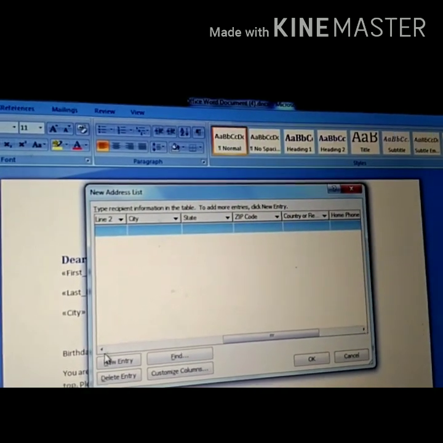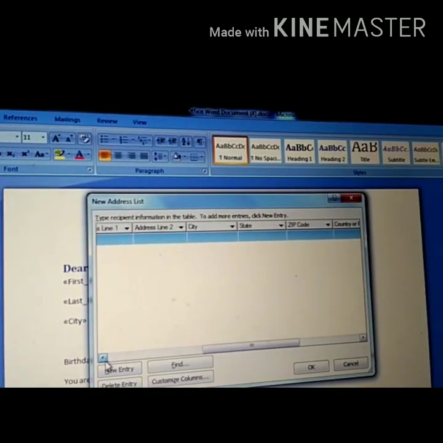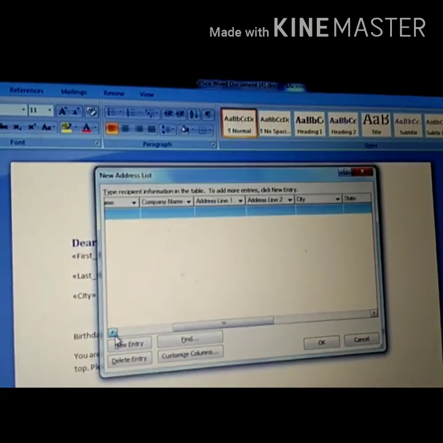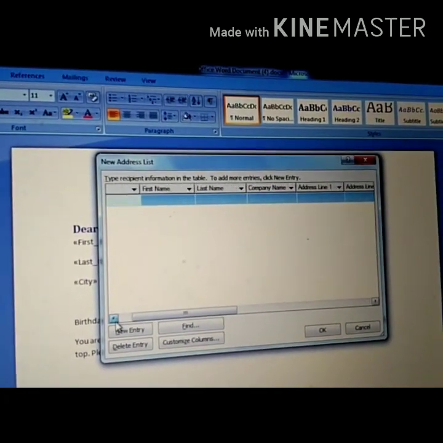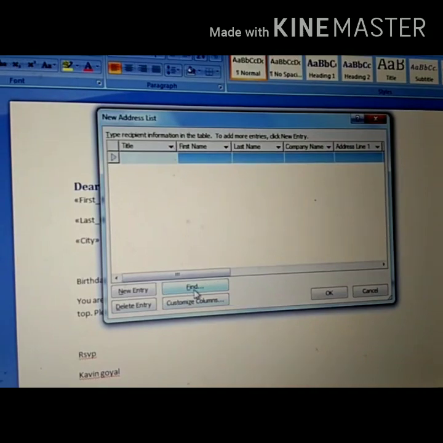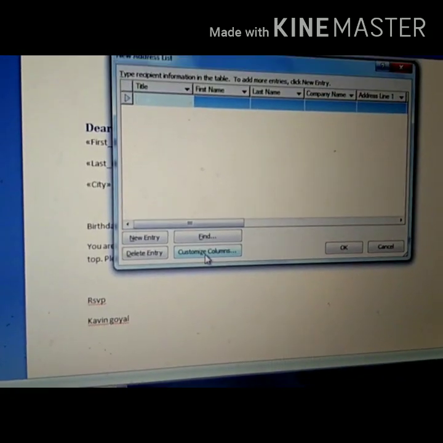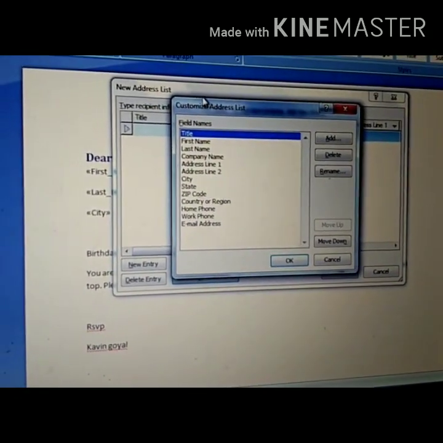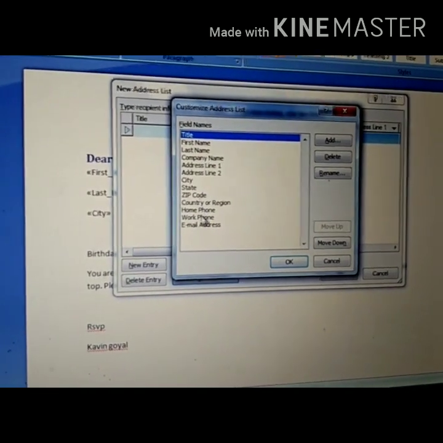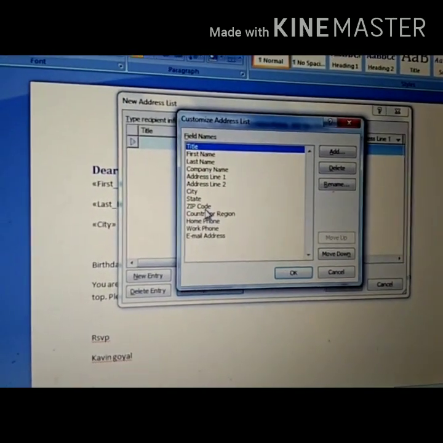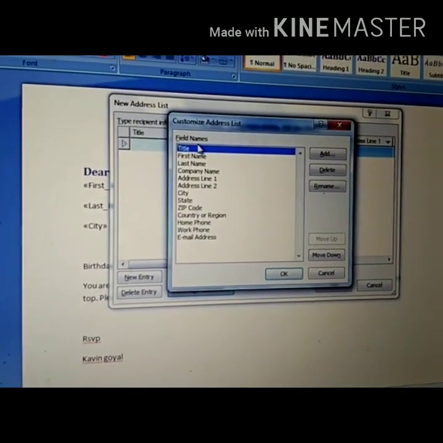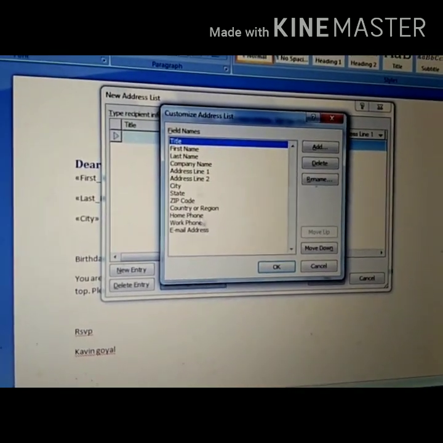Okay. I don't want to fill all these fields. I want to create my own table. Okay, for this what you have to do, click on this custom column option. When you are clicking on this custom column, here all the field names are there which were in the list. They are giving you these field names that people generally use.